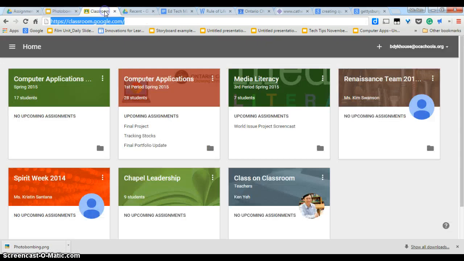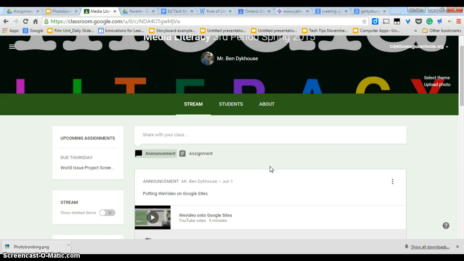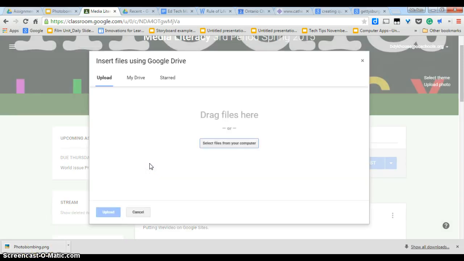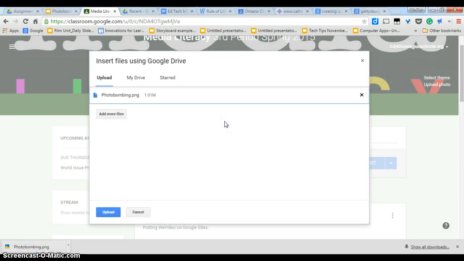So if I went to Classroom and let's say I was going to post this to my media literacy page, I think your posting options look a little bit different. I could post and I would attach this as a file, and then this would show up probably in my downloads, I think, or I might just be able to pull it in. Actually, I'd just be able to pull it in right here. So I'll pull that in. I upload,